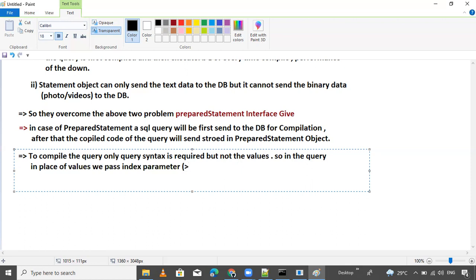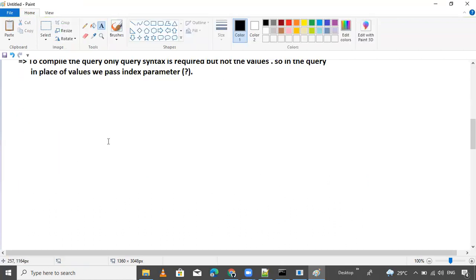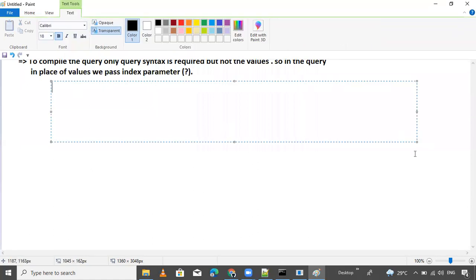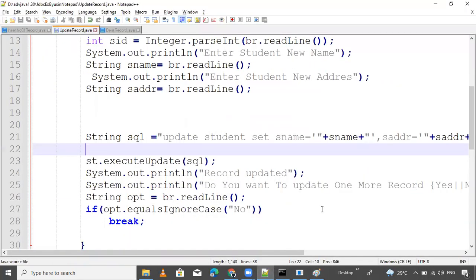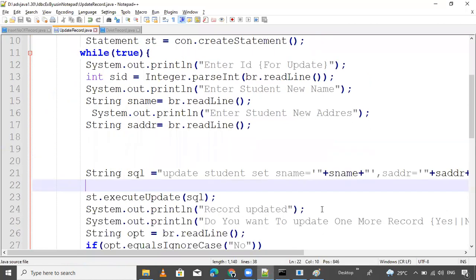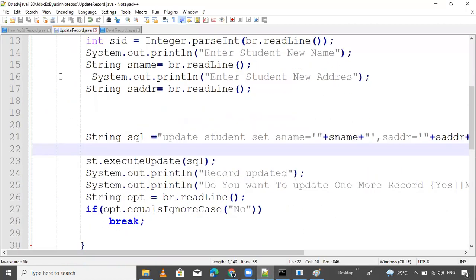Question mark. Okay, by using this we can do it. So for example, I want to show you how to pass. Suppose I have the query, copy and paste it, like this.